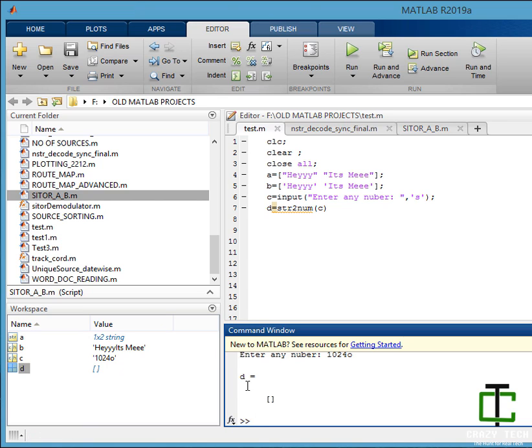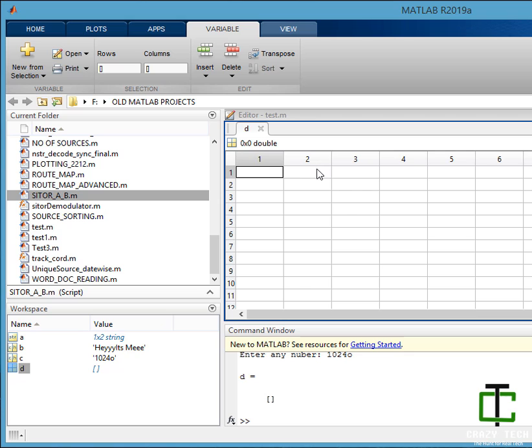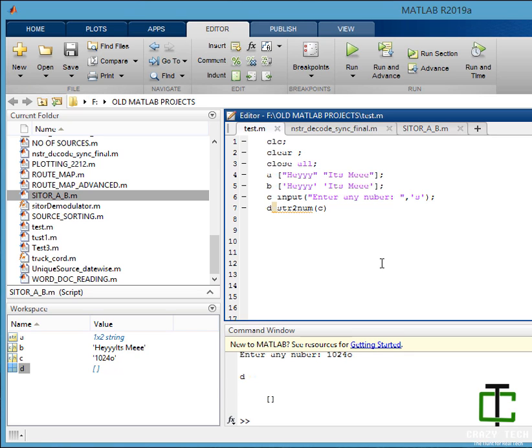D here is stored as an empty matrix. If D is a null matrix, I can guess that there is some flaw in the user input.